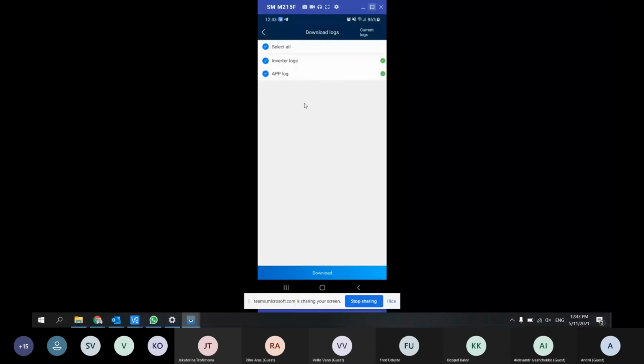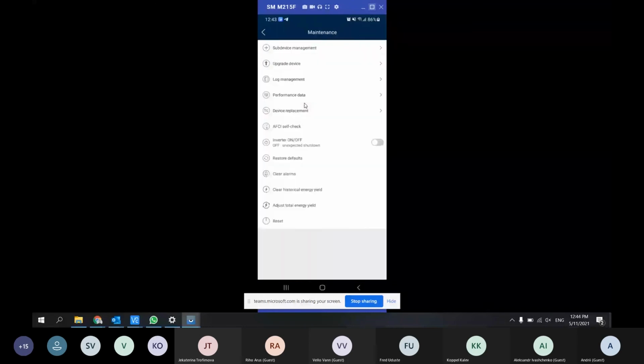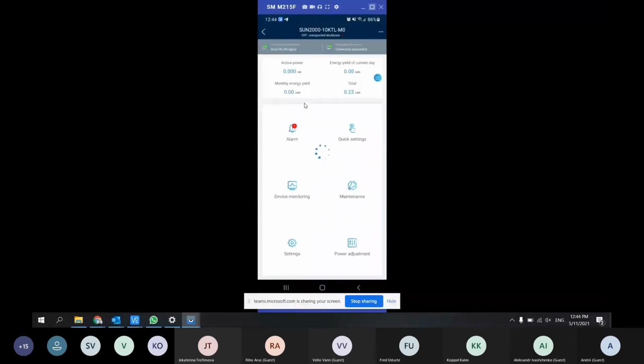So inside your inverter memory, there is a special place where this file is saved. I can show you later on where it is. Okay, let's come back to our question with active power limitation.